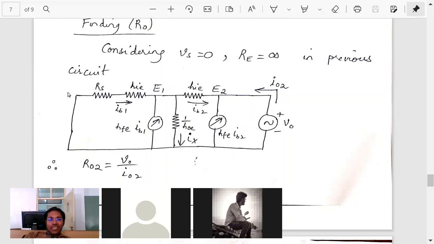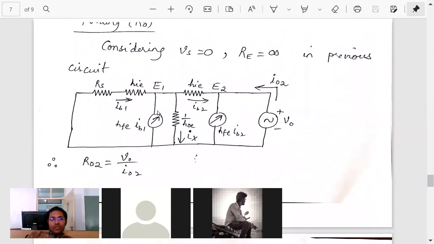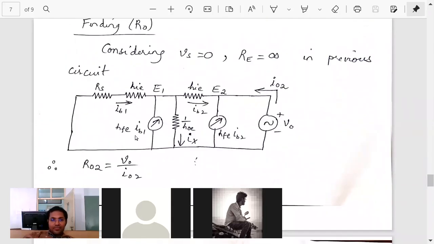Let us now see this loop. Let us now see again what are the paths where we have IX. If we apply KVL here, again IX we will get. Okay, but IX we already eliminated, we don't want. So what we will do is, we will take a path where there is no IX. Okay, we will take a path which is the path without IX. See this path. In this loop there is no IX.